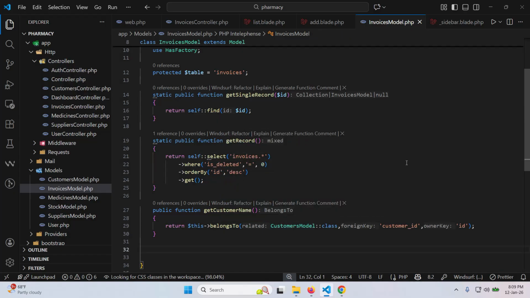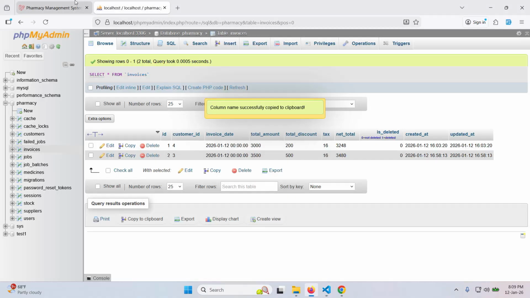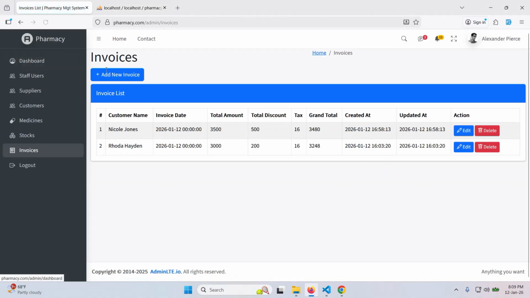I think this one is now okay. Okay, so let's refresh the page again. So we can see that we are getting the record details successfully. So we have the total amount. Okay, we have the invoice date, we have the customer name